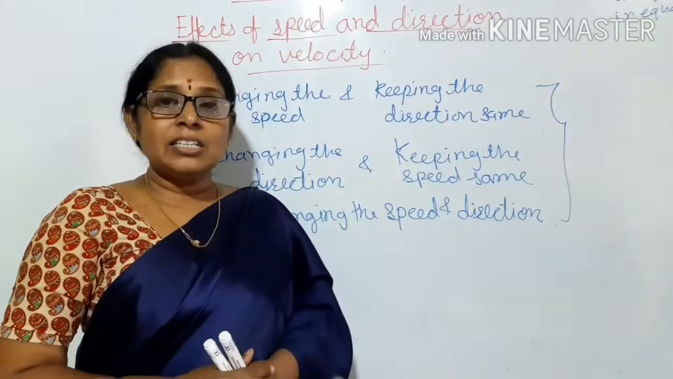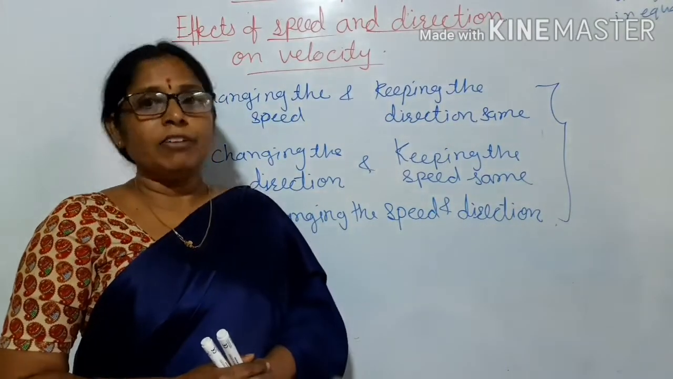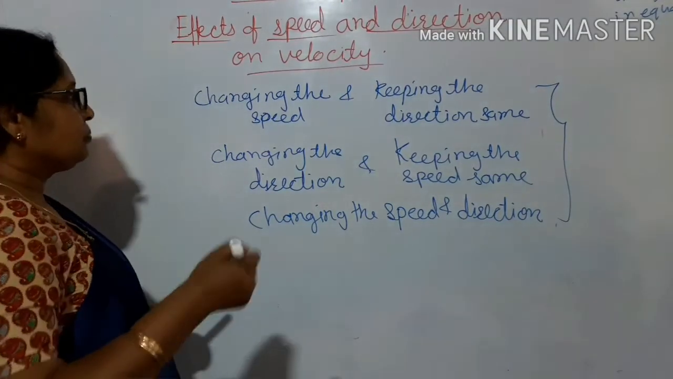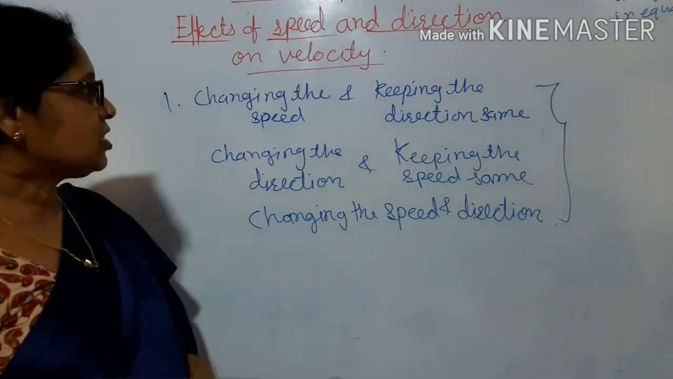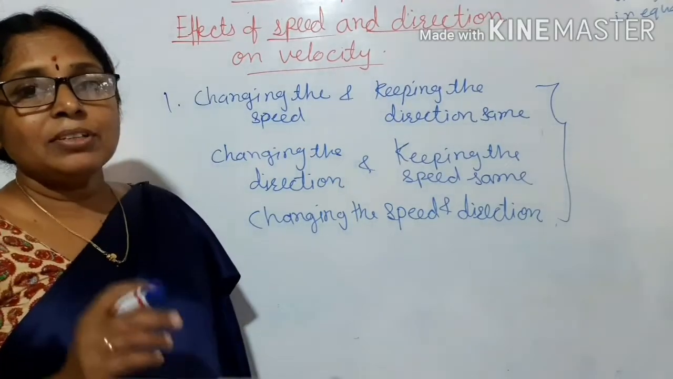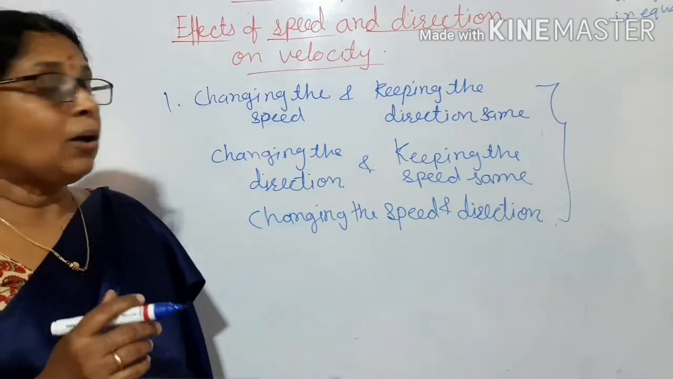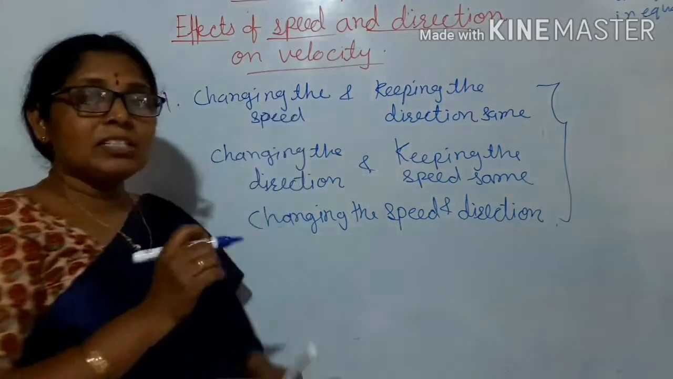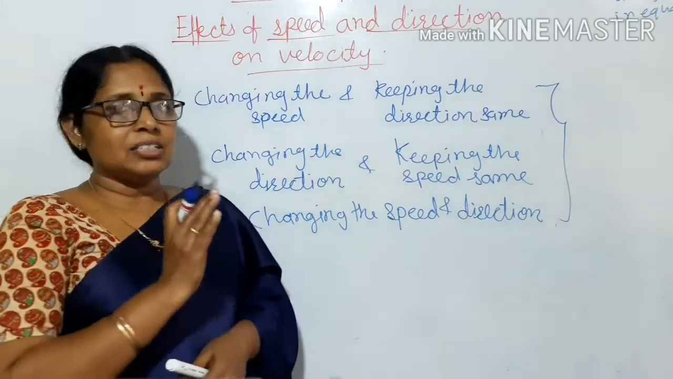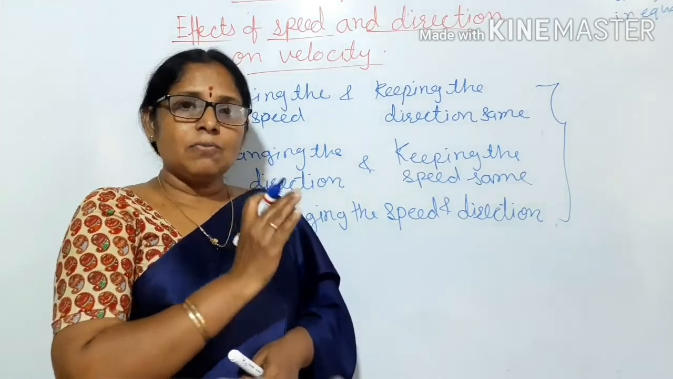At that time, what is the effect on the velocity, that we will see. So first is changing the speed and keeping the direction the same. At that time, the velocity changes. How? Changing the speed means continuously you are changing the speed, at starting the speed is 30, next 40,